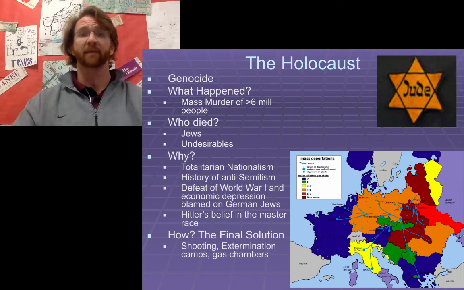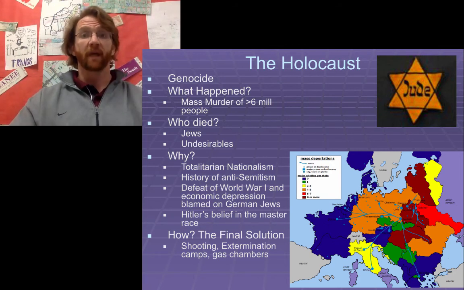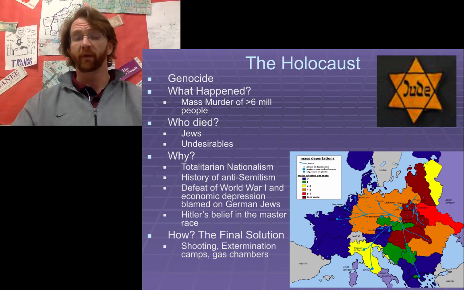So they put them in camps and they worked them to death, giving them little food and making them work long hours. And last but not least, they developed gas chambers. They would force Jewish people to go in and say they were taking baths, or showers rather, and they would actually fill the room with a gas called Zyklon B, which would eventually cause them to die.